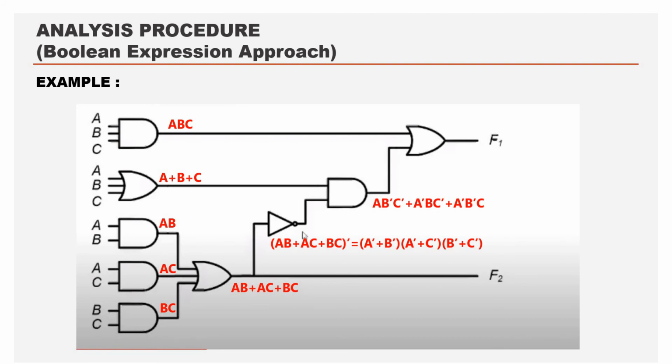And finally we do the fifth level logic gate output, and we get it as this. Finally we have the results of F1 and F2. F1 is A B bar C bar plus A bar B C bar plus A bar B bar C plus ABC, and F2 is AB plus AC plus BC. This is nothing but the functionality of the full adder, as we can see the carry and the sum.